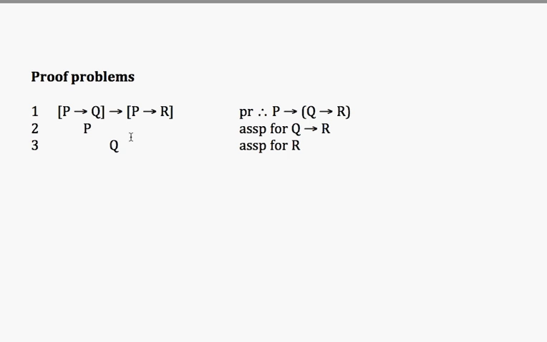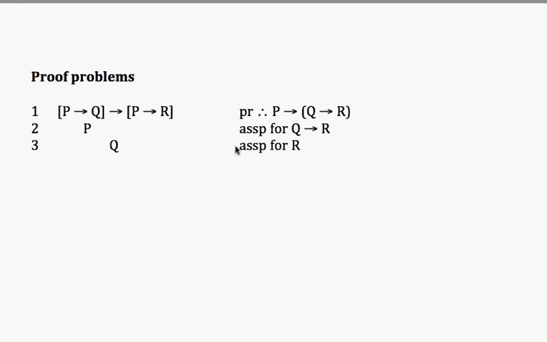If you can't extract information from anything and you've got a conditional, ask yourself, can I prove the conditional's antecedent? Can I derive that? If I can, I can do the modus ponens, and this would help here. If I had P arrow Q, I'd get P arrow R. If I had P arrow R, then in one step, using P, I'd get R,